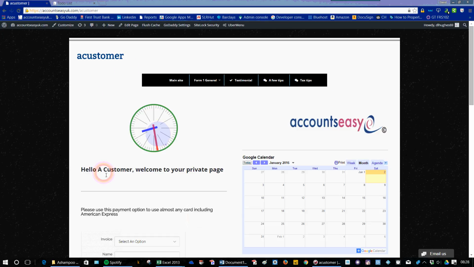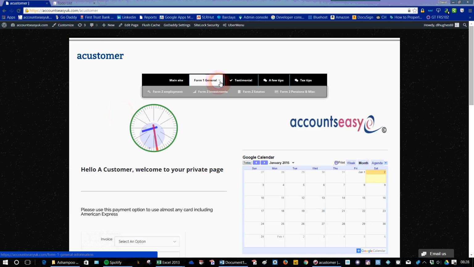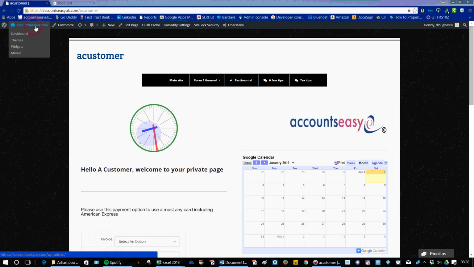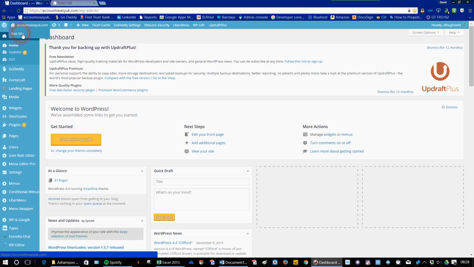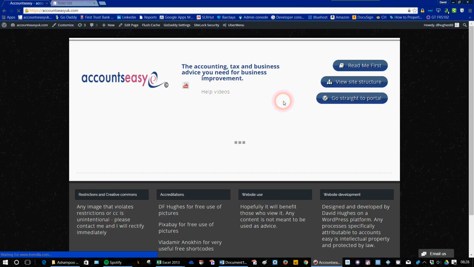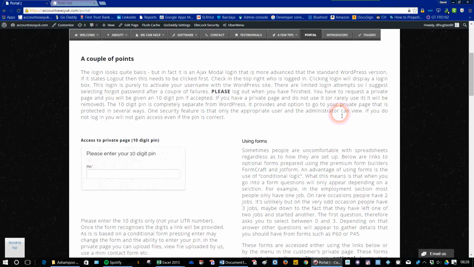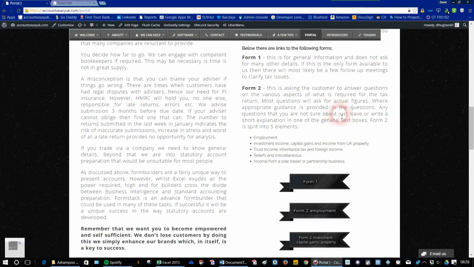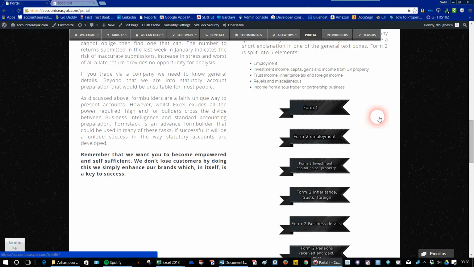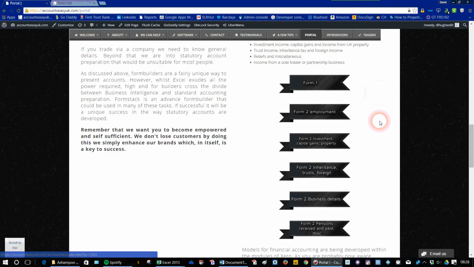We left off by looking at a private page, and that's actually one of the ways to access the forms. You can see the forms here. Another way to access the forms, if I go back into the site, if I scroll down here, and you cannot access these forms if you're not logged in,